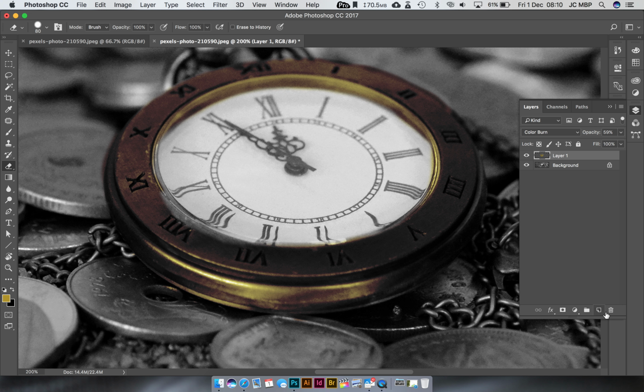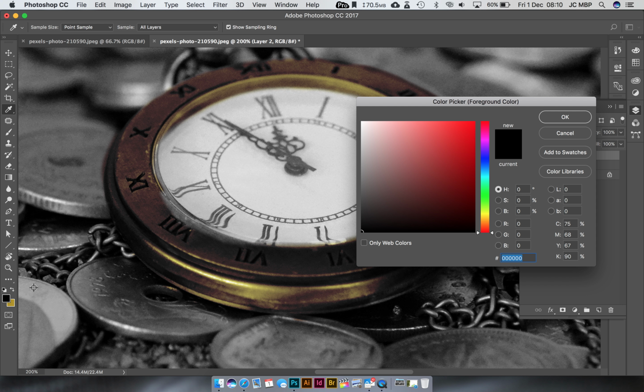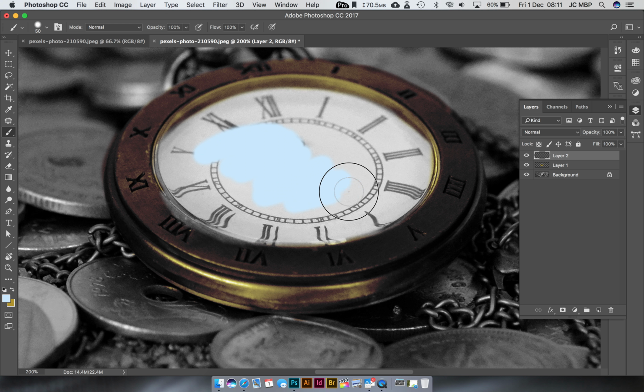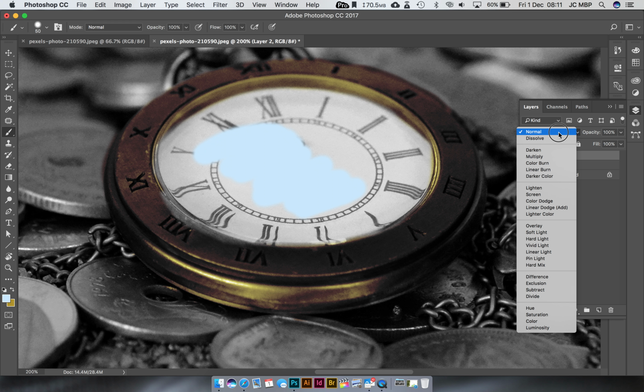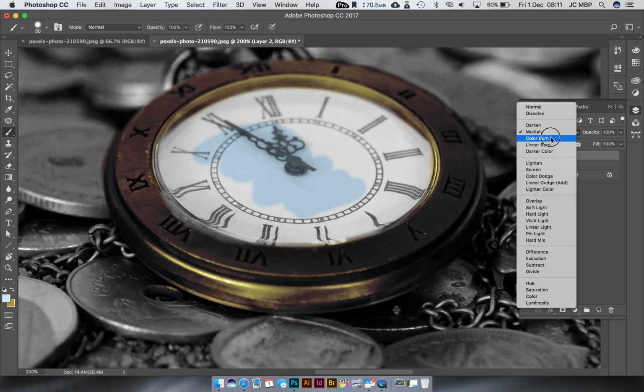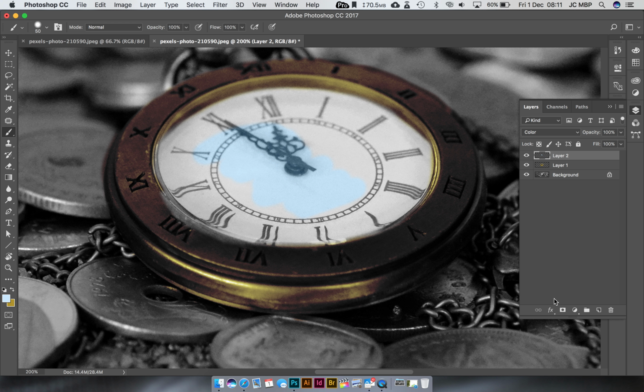It's good to work with layers, so add another layer. I'm going to swap that color around, and I'm just going to go with a light glassy kind of color. Paint that. Oh, I'm on the eraser. I'm just going to paint that over here. Looks like nothing's changed, but if I just go, say, multiply or go darken, it really doesn't do much. If I go color,